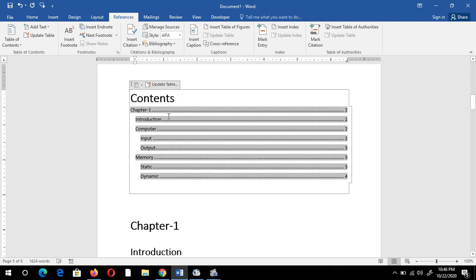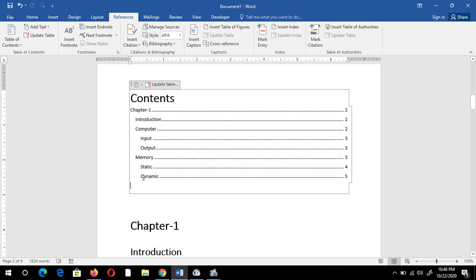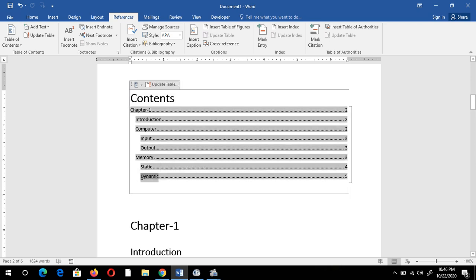You just have to click here and click Update Table. It asks whether to update page numbers only or the entire table. Suppose this time I select page numbers only and click OK. Now you can see the dynamic topic is on page number 5.